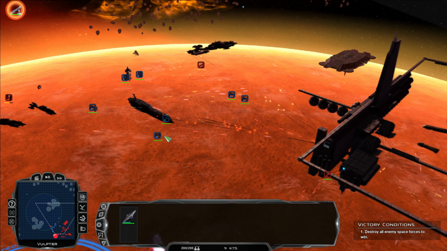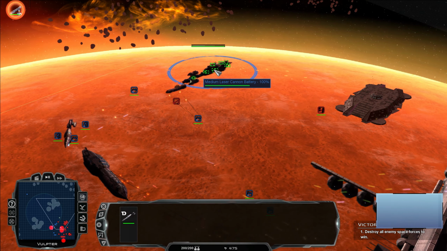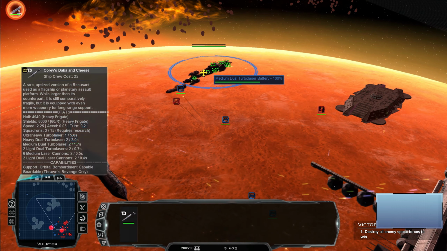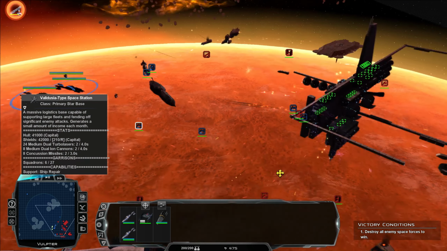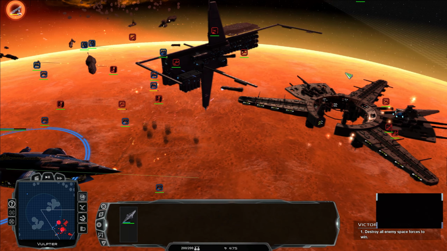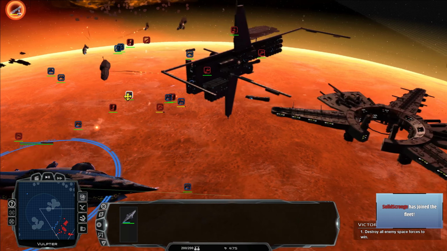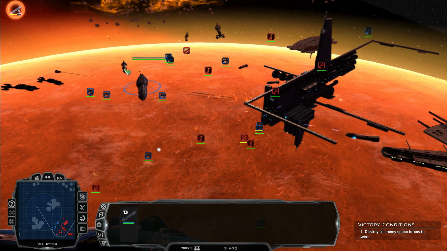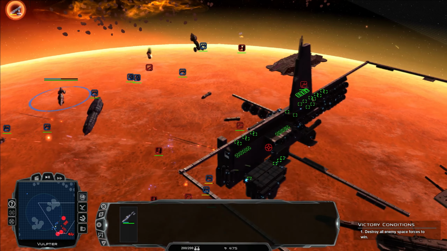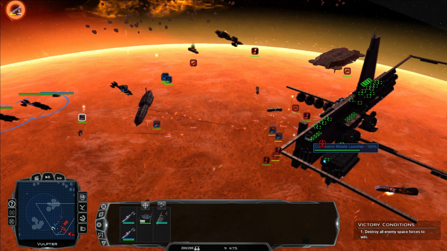Okay, now we're actually getting the special weapon off on it. We're gonna get in behind to the shipyard. Alright, there we go. Disable, and on that...